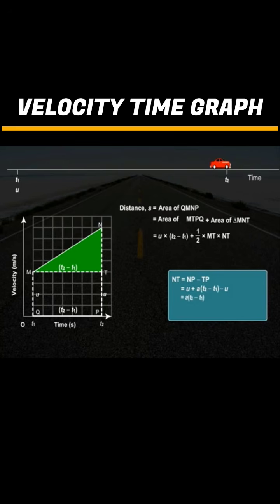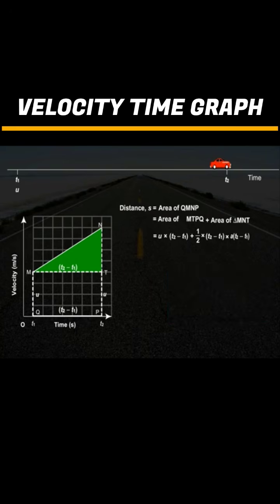Now we substitute this in our triangle area. So half into t2 minus t1, that is the base, into altitude, that is nt, which we found as a into t2 minus t1. So what do we get? Simplify it further. S, the distance, is equal to u into t2 minus t1 plus half a into t2 minus